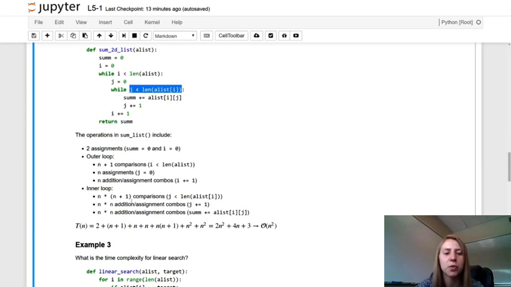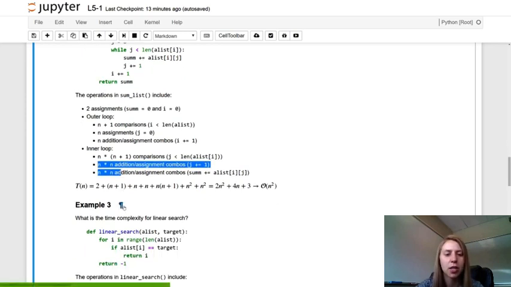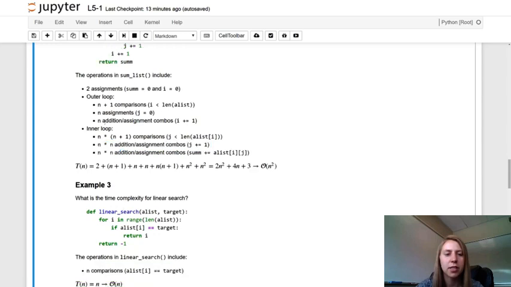So we have n times n+1. And we have our summation here, which will occur n times in part of a loop that runs n times. And we have our progress towards our inner loop Boolean condition being false, j plus equal 1, which runs n times n times. So what we have here is 2 plus n+1 plus n plus n plus n times n+1